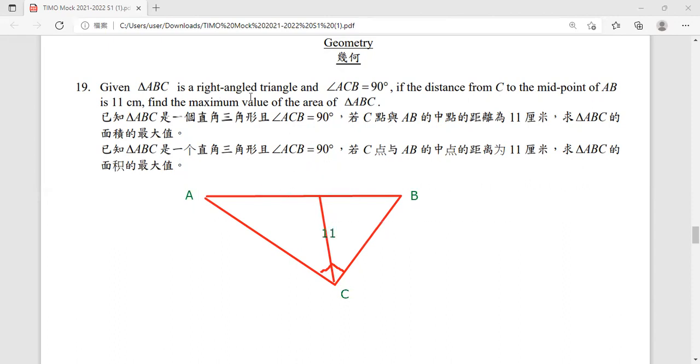And this is the midpoint. So what is the maximum area of ABC? It's 0. I told you it's 0. It's definitely